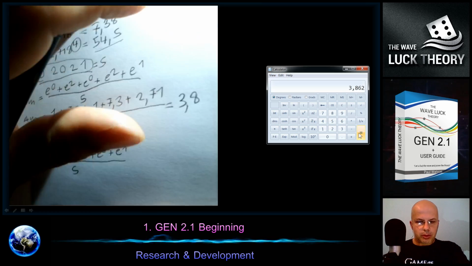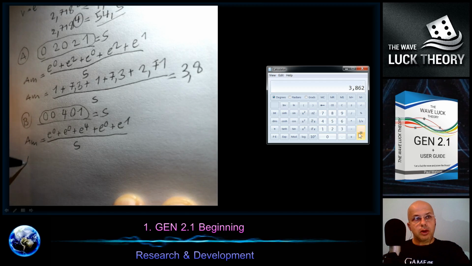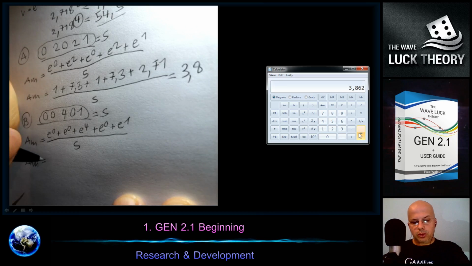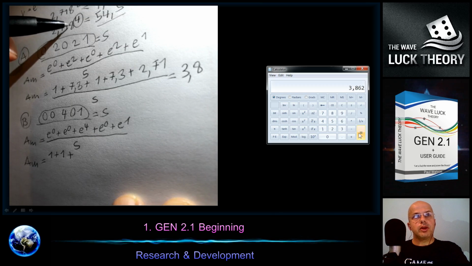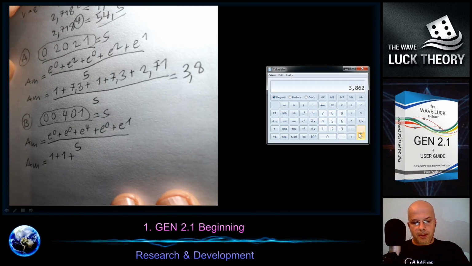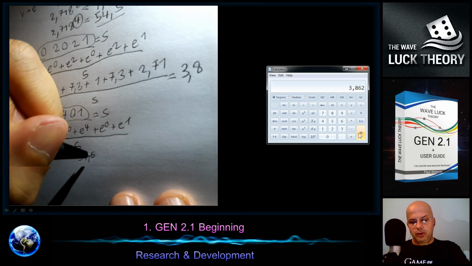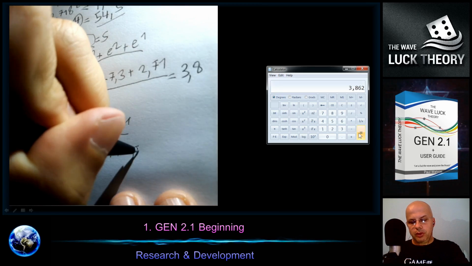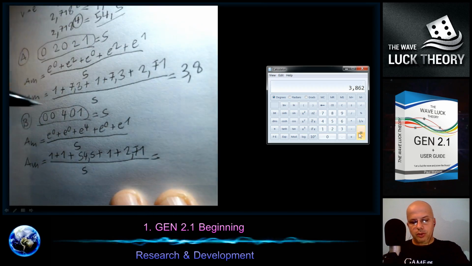Let's move it more up, so it is visible on the screen. So the AM is equal, and e to the 0, we know it's 1, plus 1 plus, and we calculated here for e to the 4 it is 54.5 plus 1 and plus 2.71 divided by 5,